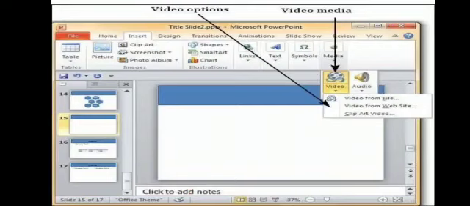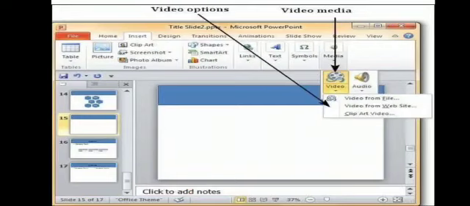Simple steps are given here also. First you have to click on the insert tab. Then in the media group, the video drop down arrow is there. When you click here, three options will appear. Suppose you want to add from clip art video, so you can add from the clip art video. Format is there. Format means you can change it, various settings you can do here.